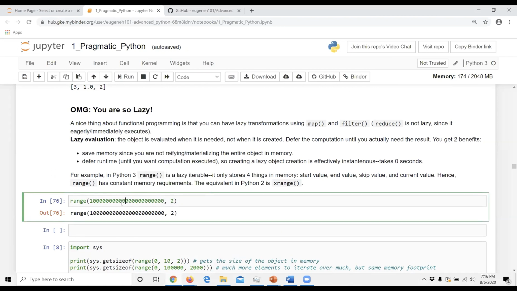The equivalent of Python 3's range in Python 2 is xrange. But with the advent of Python 3, a lot of those things that you prefix x with, like xrange, or certain iterators in Python 2, like enumerate, I think, also generates a list, or zip generates a list in Python 2. But in Python 3, all those things have been converted into lazy iterables.